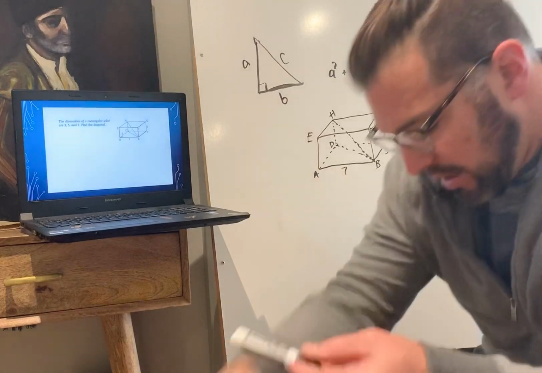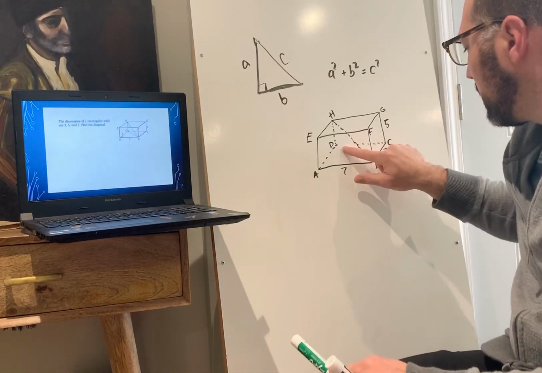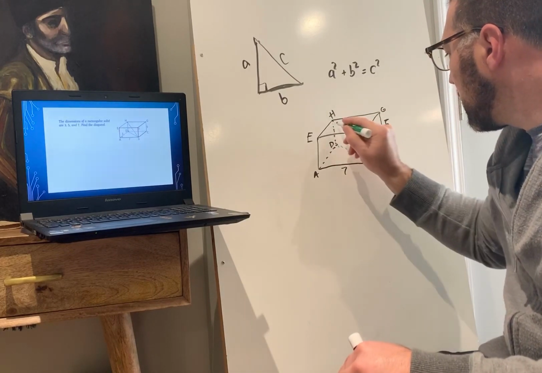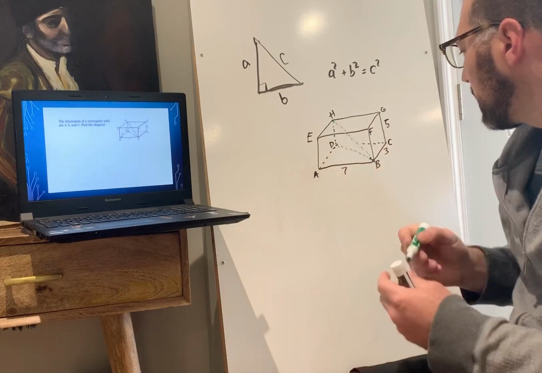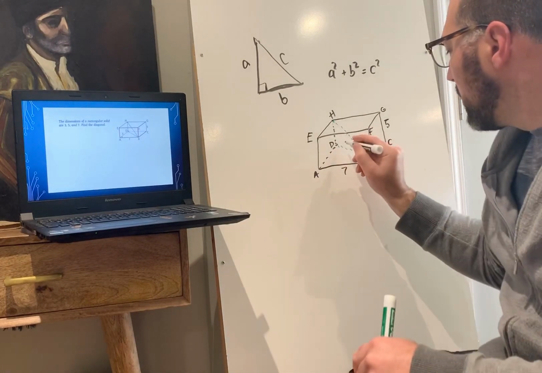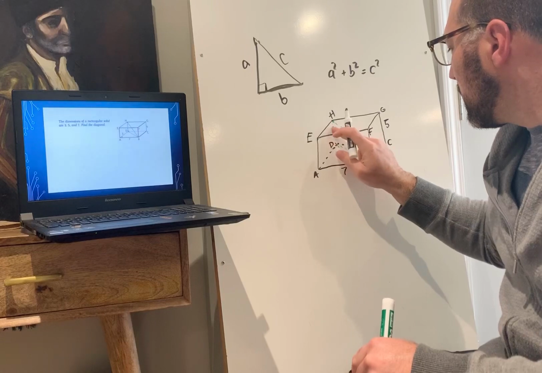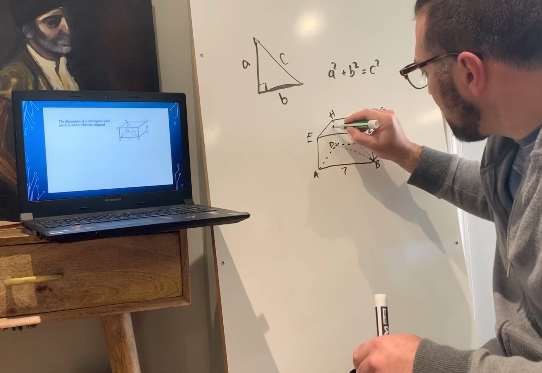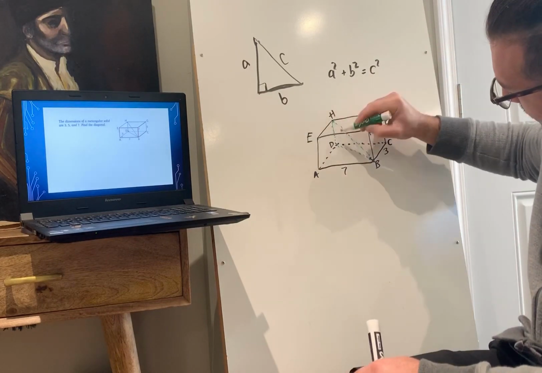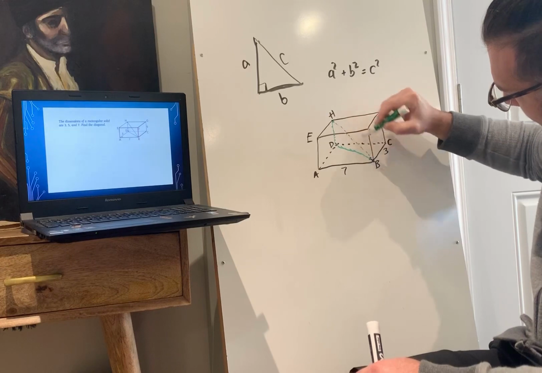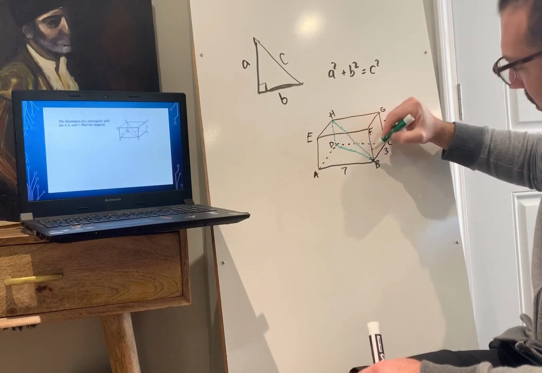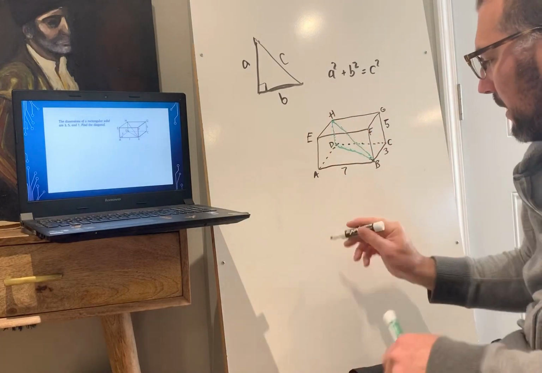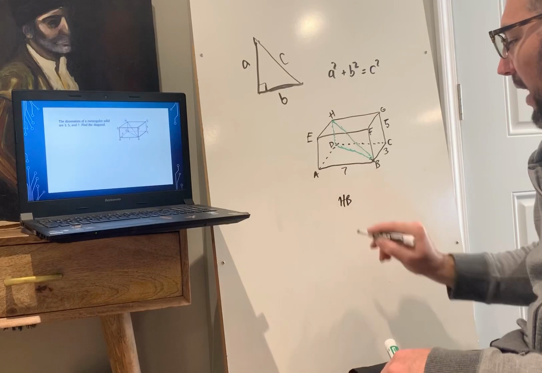And you know what? Let me do this in green. That way you really should be able to see it. There we go. So the triangle that I'm focusing on, it's in green. It's dashed lines, and maybe if I make it solid, you would be able to see it better. Basically, stick a triangle inside of your box. And there it is. And so look at the diagonal here. The diagonal is HB, and that's what I'm looking for. But to find HB,